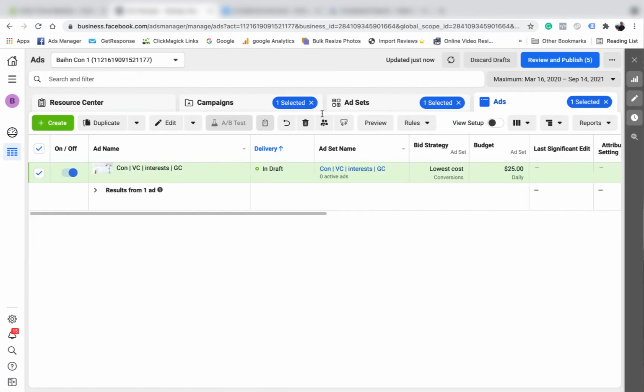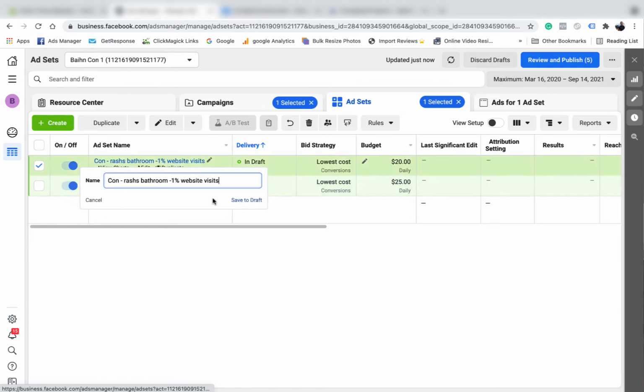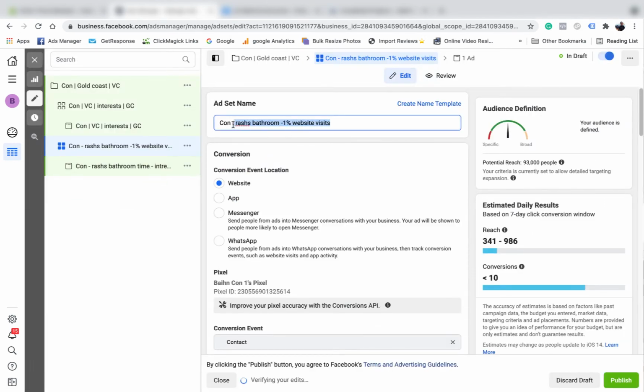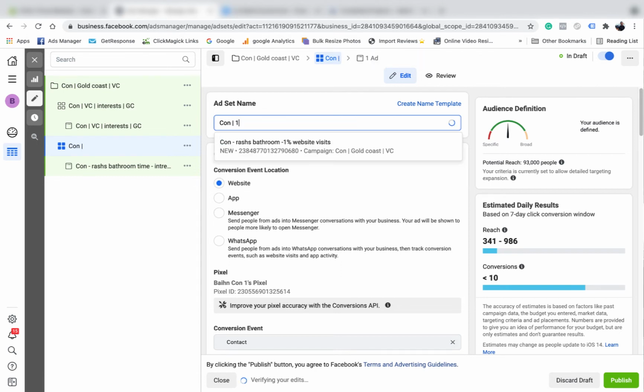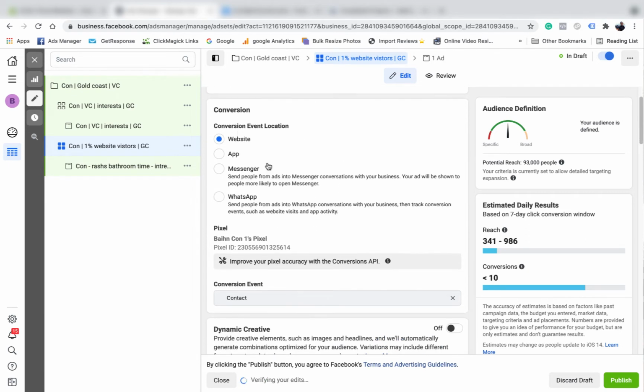Now I want to do that again for another one. What I'm going to do is I'm going to have 2 ad sets. I'm just going to test them against each other and see which one goes the best. So one's going to be interest and one's going to be lookalike audiences. So if we come in here, this is what I'm talking about. I need to do